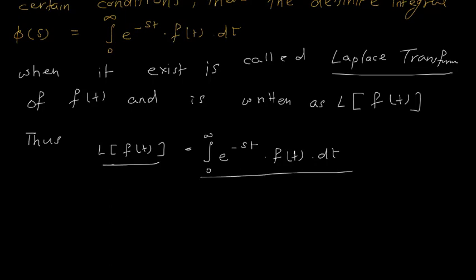Now we will see a few problems to understand these definitions in a better way. We have been given a function f of t. We need to find its Laplace transform. Then what we are going to do is implement this formula on the right hand side, that is 0 to infinity e raised to minus st into f of t dt. Okay, so let us solve a few problems based on this definition. First I will take a very simple problem.